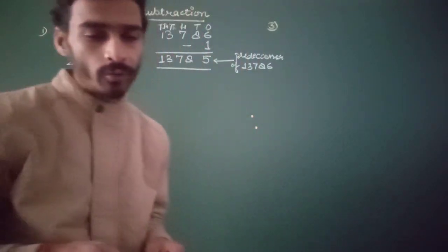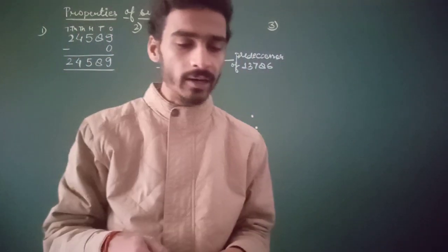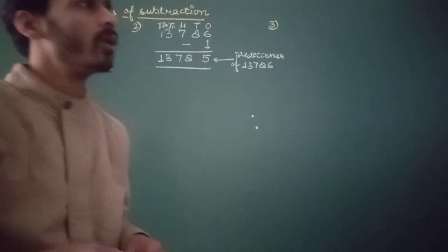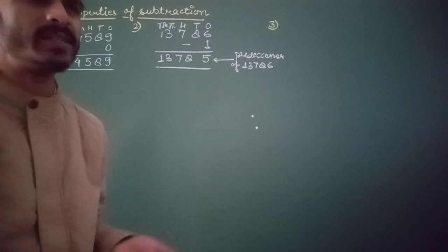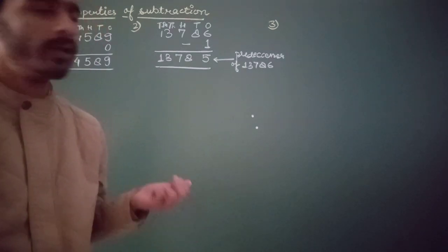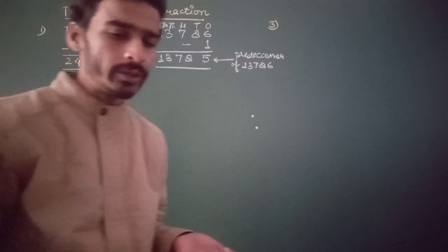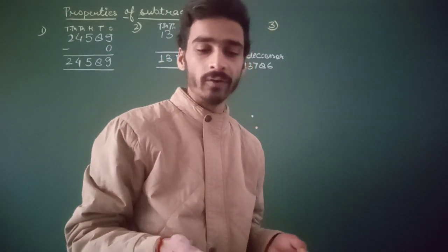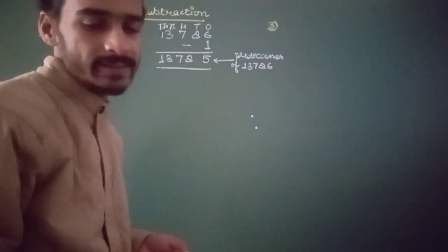Okay, so when a number is subtracted from itself, the difference is 0. Like 5 minus 5 is 0, 10 minus 10 is 0, 100 minus 100 is 0, 1000 minus 1000 is 0. You know that when a number is subtracted from itself, the difference is 0. So there is an example,